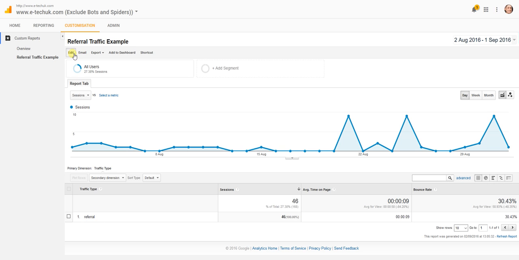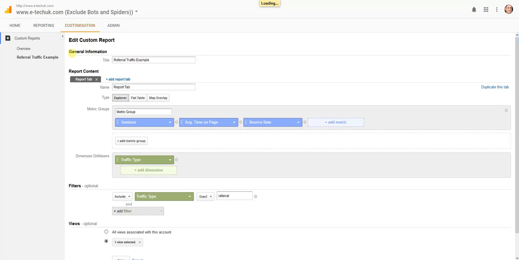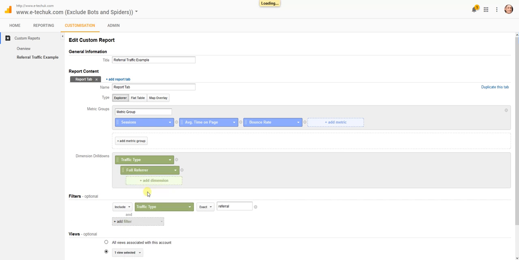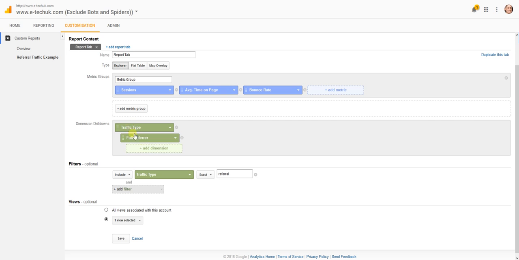So if I click on edit again to go back into the report, if I add another dimension and do a full referrer, this basically gives me a next level stage to the hierarchy, so I can see further data. So if I save this now,